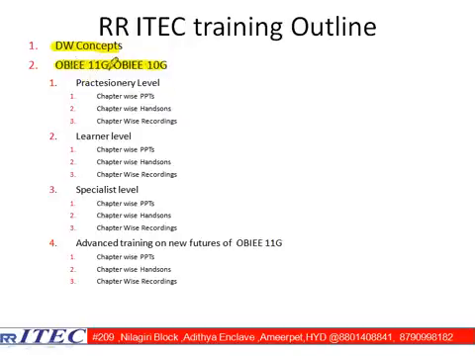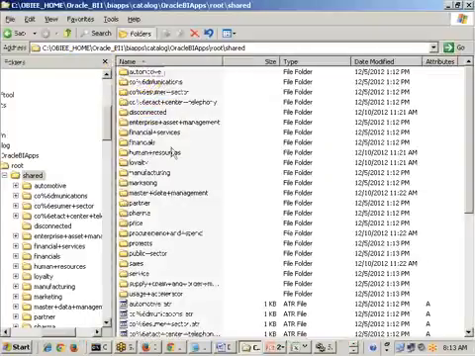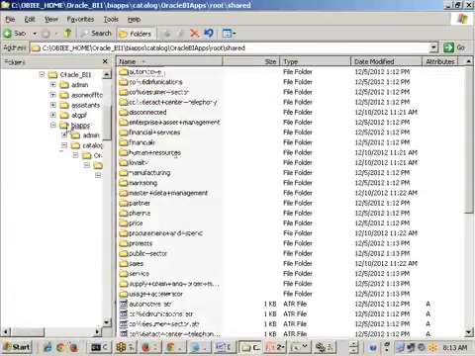We divided the course into 4 levels: practitioner level, learner level, specialist level, and advanced training on new features of OBIEE 11G. In each level, we have chapter-wise PowerPoints, chapter-wise hands-ons, and chapter-wise recordings available. I will show you in the practitioner level how I am going to train you. Let us go